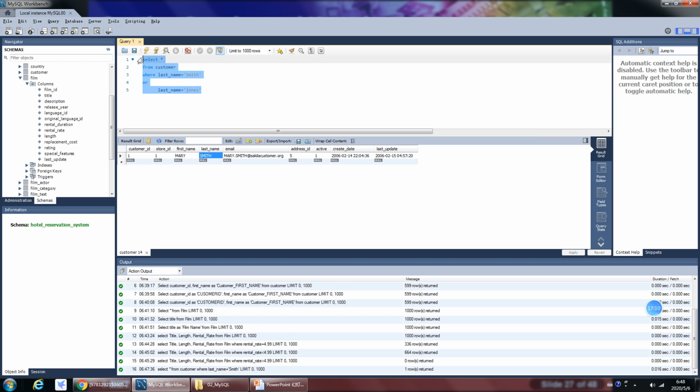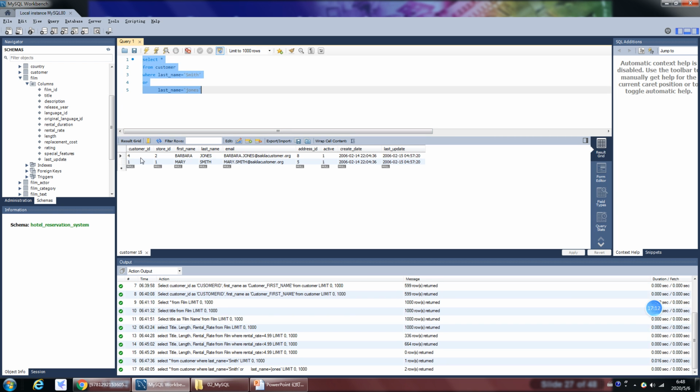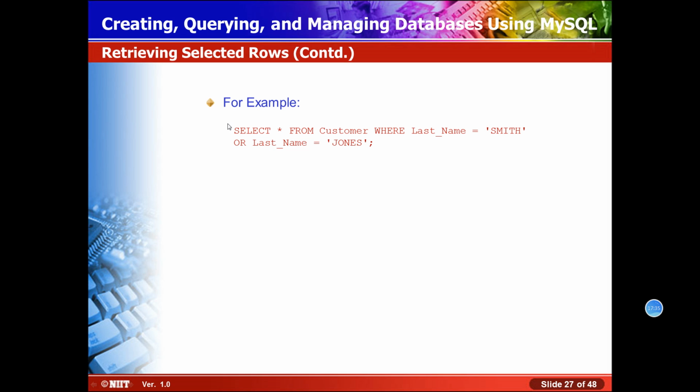Select your query and execute, and you will see that there are two people in the result because we are using OR. This condition is true, so it will display the result in my output, whereas Johns will also be displayed in the result. Both of them will be in the result because we are using the OR clause, right? Next